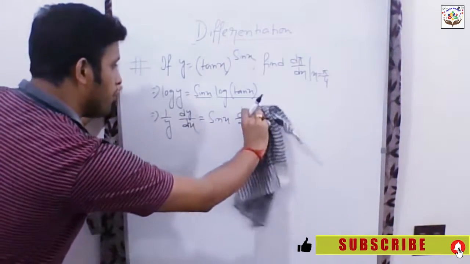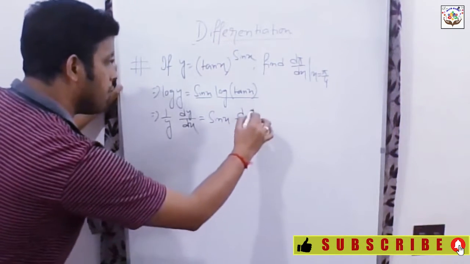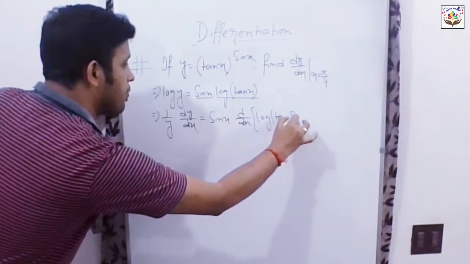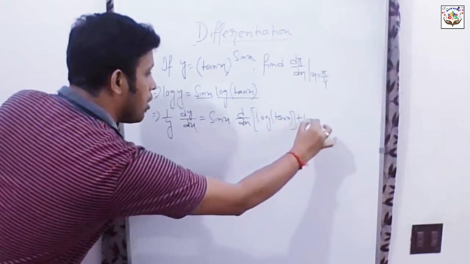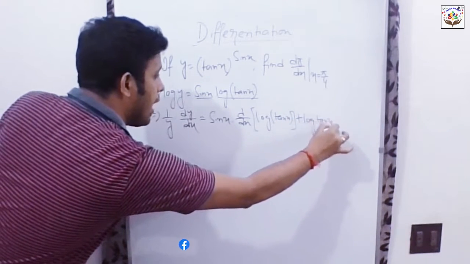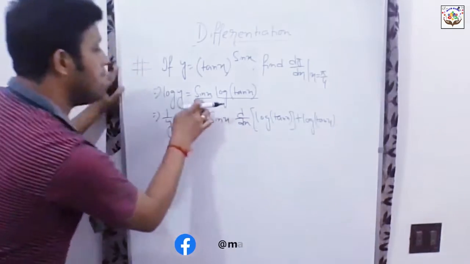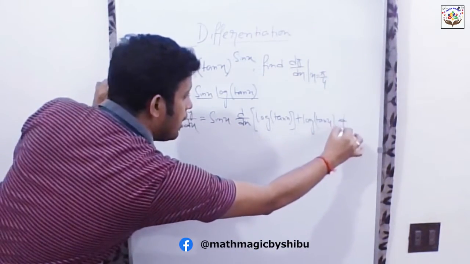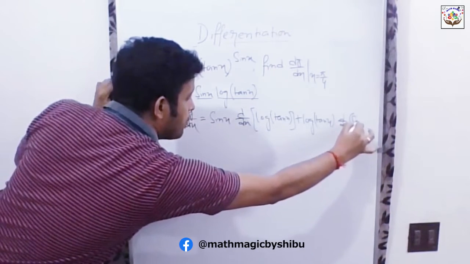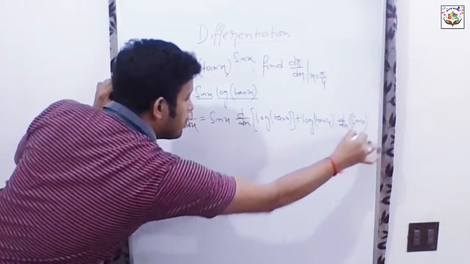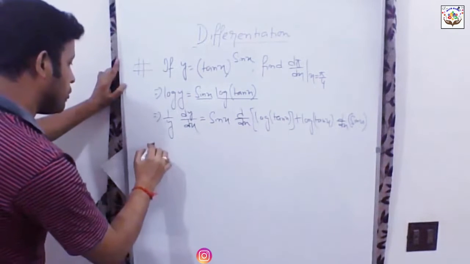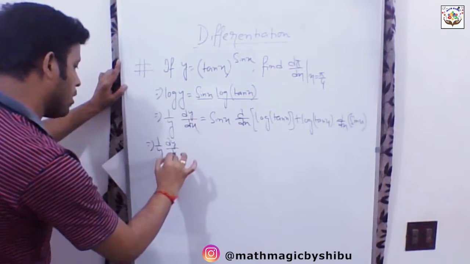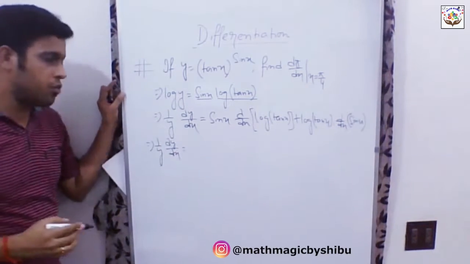Let me write a step for you before differentiating actually. Right. So we have 1 by y dy/dx equals